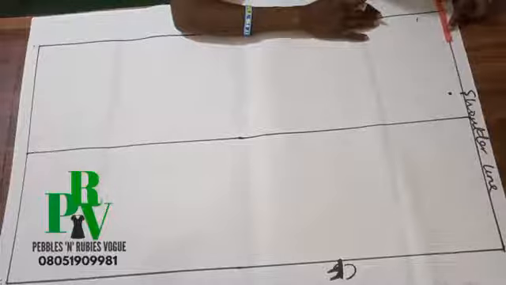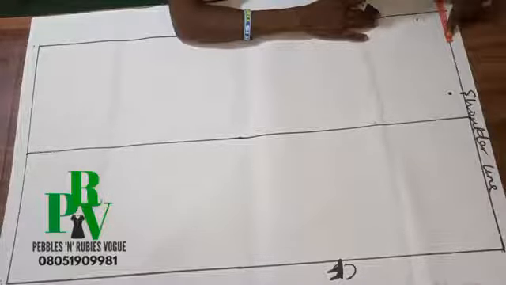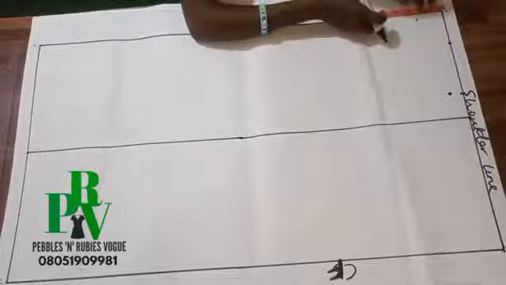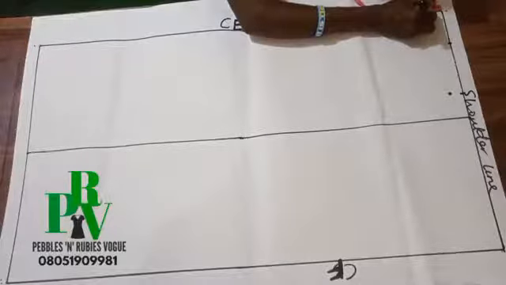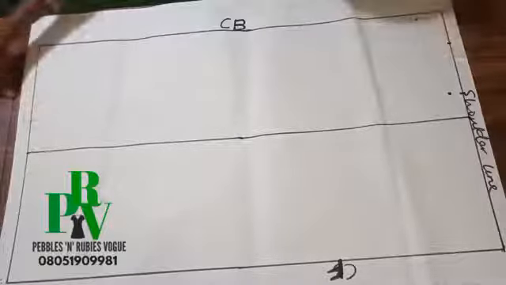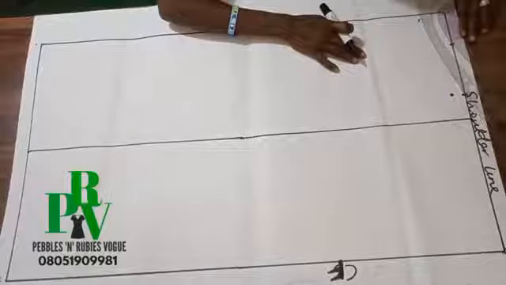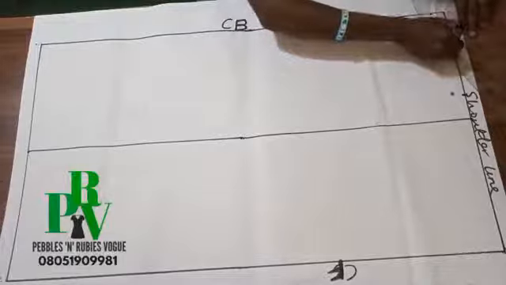And then I'll move ahead from the center back as well. On the shoulder line I'll mark the neckline. The basic neckline for the back block is 3 inch by 1 inch. The 3 inch is for the width, and then the 1 inch is for the depth. So I'll connect that with my curve ruler,